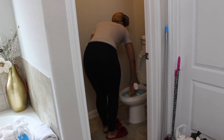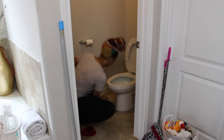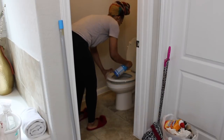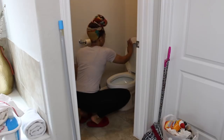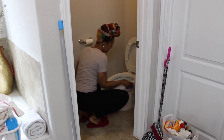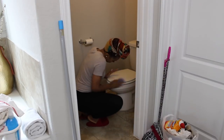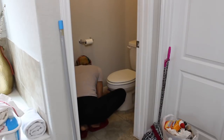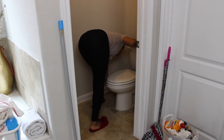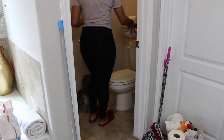So I'm going to go ahead and use some Clorox toilet bowl cleaner. This is a new one that I really like because it kind of gets a little foamy. But then I'm just going in with my Method Daily Bathroom Cleaner. Again, this is not a deep clean video, so I'm just kind of going through and basically just making sure that everything is nice and clean. Okay, so now that I've kind of wiped down the toilet, I went ahead and put my little basket back, and